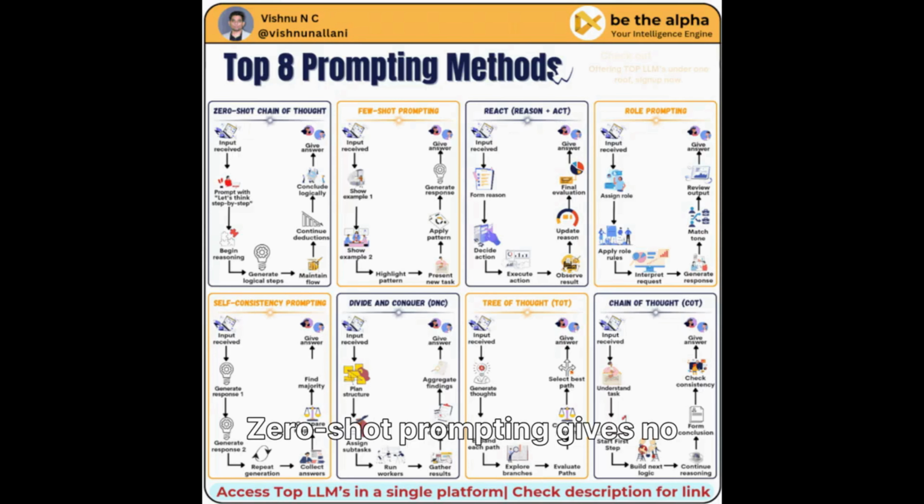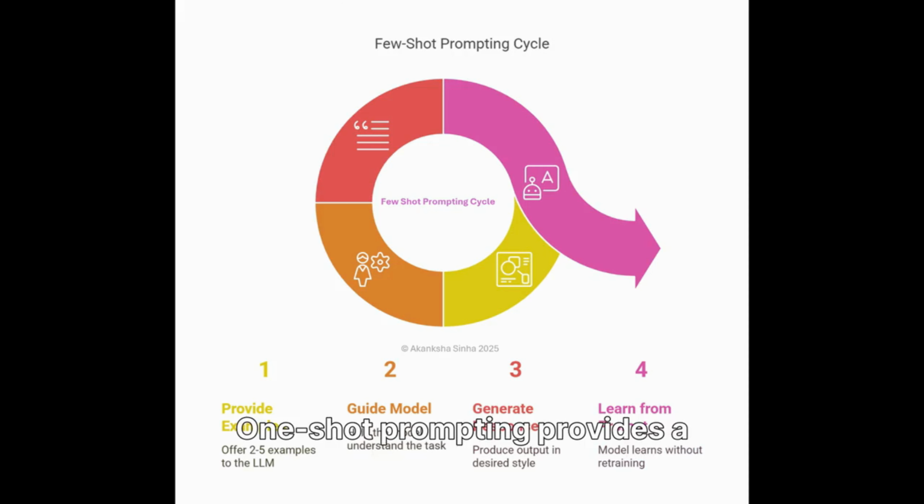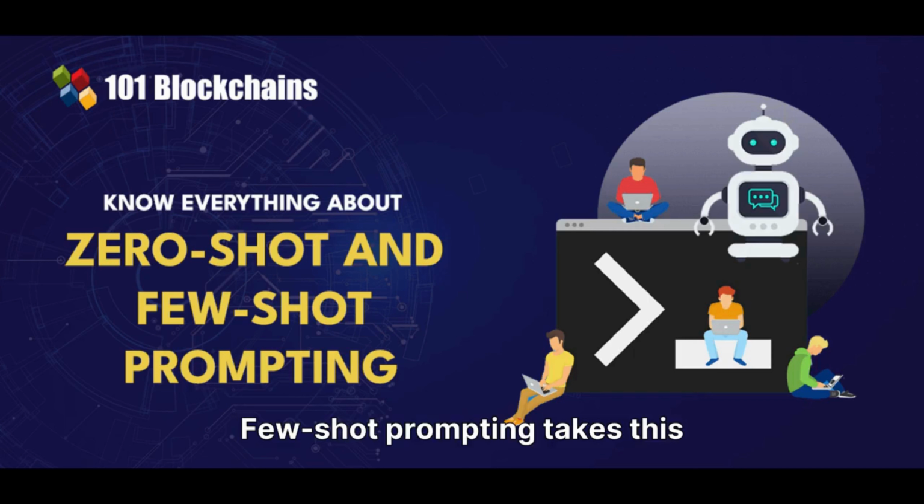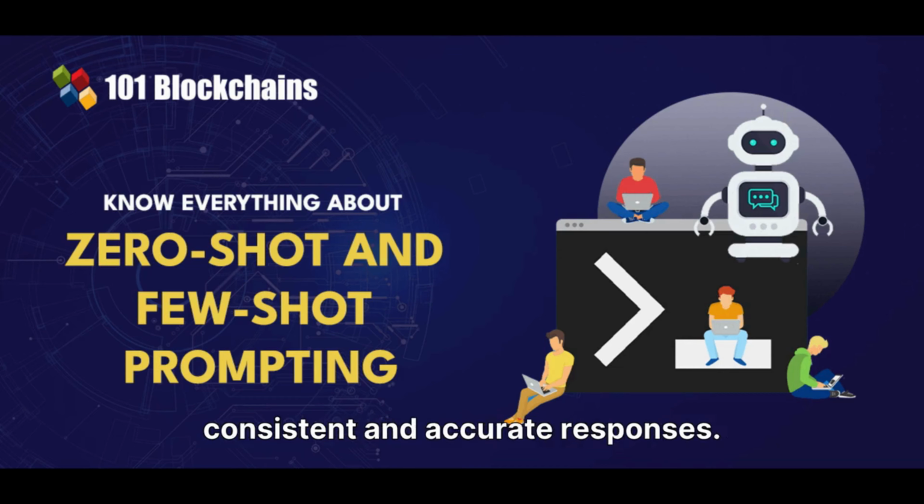Zero-shot prompting gives no examples, relying on the model's pre-existing knowledge, like simply asking to translate hello to Spanish. One-shot prompting provides a single example to guide the model, such as English, hello, Spanish, hola, before asking for another translation. Few-shot prompting takes this further by providing multiple examples to establish a clear pattern, ensuring more consistent and accurate